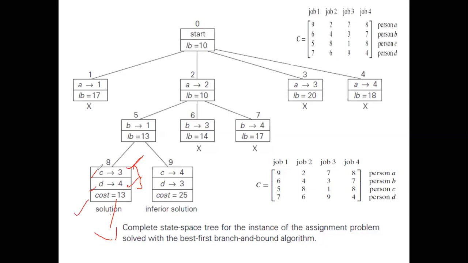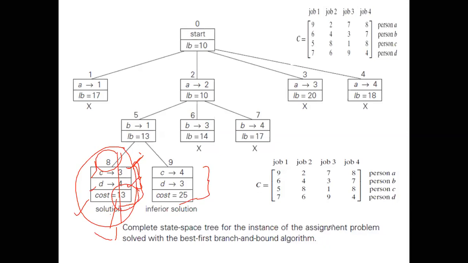Next question is whether we need to select this particular node or this node. We need to select the 8th one, correct? The 8th step, because we are looking for a minimum, because it is a minimization problem. We need to look for the minimum value. Out of 13 and 25, the minimum value is 13. So this is the one which gives us the feasible solution. This is correct, right? So any doubts till now? So this is how you are going to solve the assignment problem using a branch and bound approach.